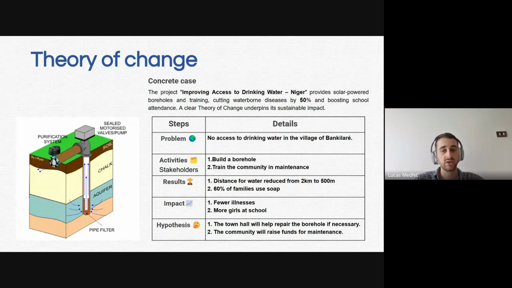Also on the change, if you're training people to be more responsible about the environment in a town or a village, it really depends how you ask the question, but you can ask how they were doing before and how they do now, capturing this change of behaviors on a daily basis.